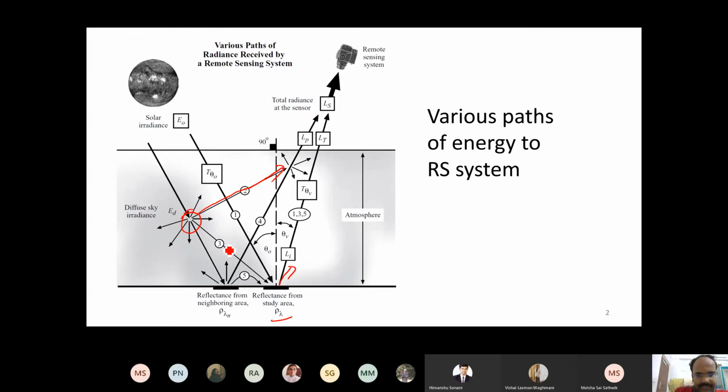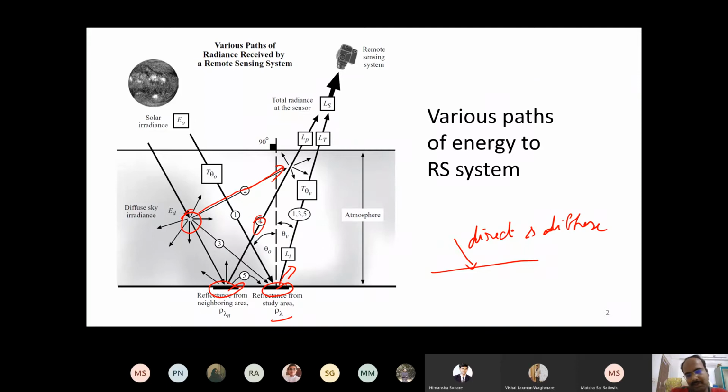And the third component is the scattered radiation that will reach the surface and be reflected again. So that is the diffuse energy. For any surface, the incoming energy will have both direct and diffuse components. We already saw that. So this is the diffuse component of incoming energy. And the fourth path is the energy that reaches the sensor from an object that is neighbor to the object of our interest. Say this is the object of our interest, but this is the neighboring object. Energy from this also can reach the sensor because of sensor view geometry. That is again contamination of our wanted signal.